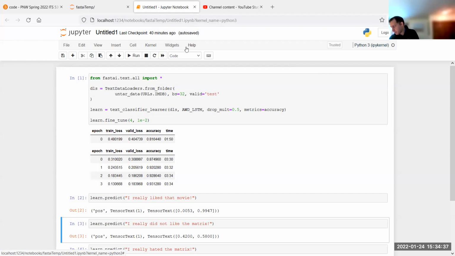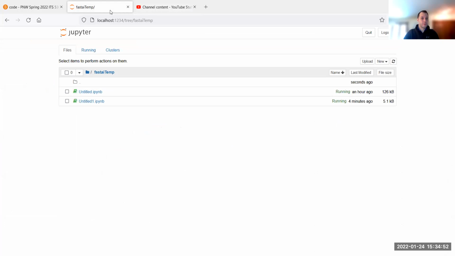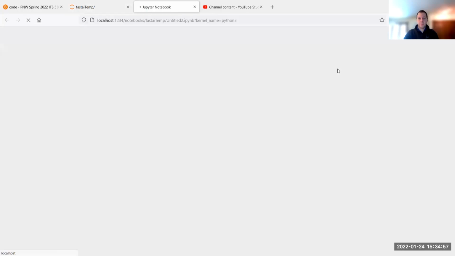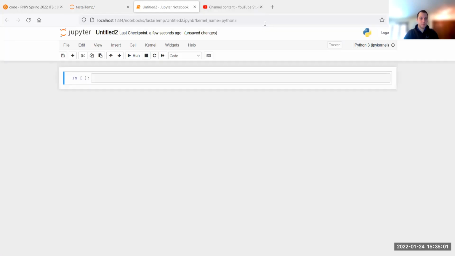Let's do now the tabular data of adults and their demographics. So let's do that. I'm going to close this. Okay. I'm going to create a new one. So I'm going to switch to the Jupyter Notebook.